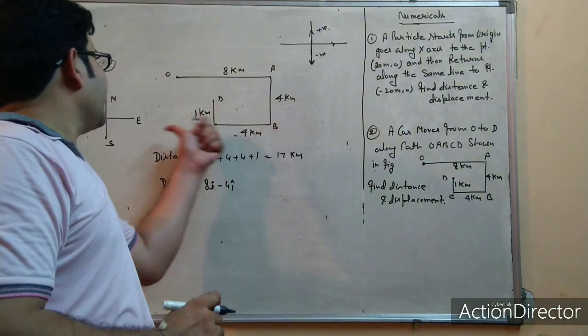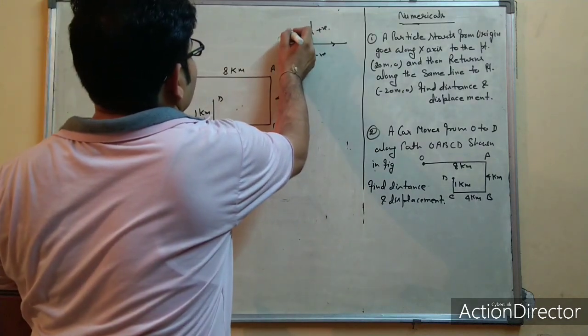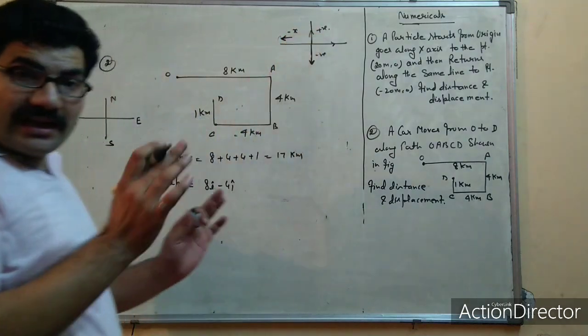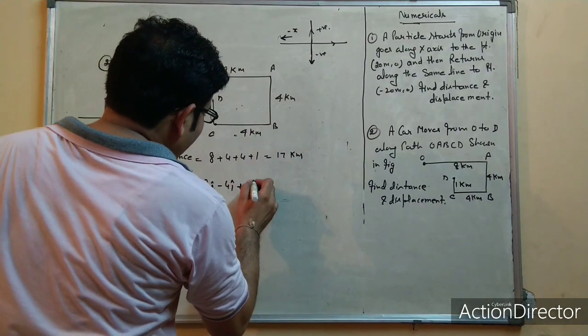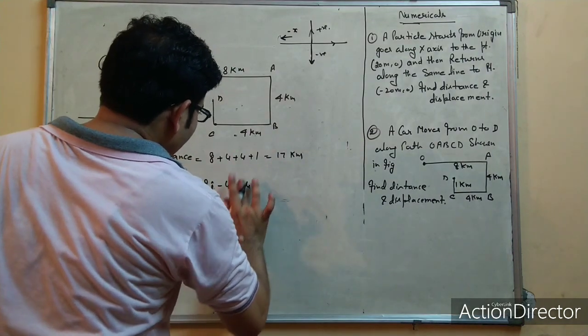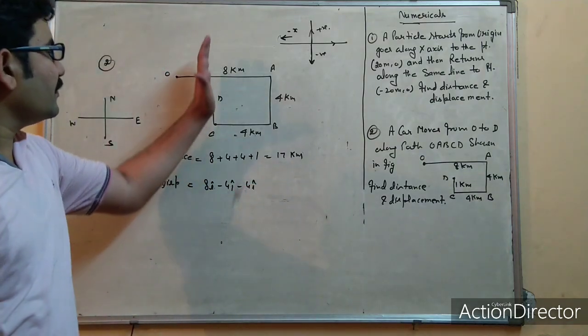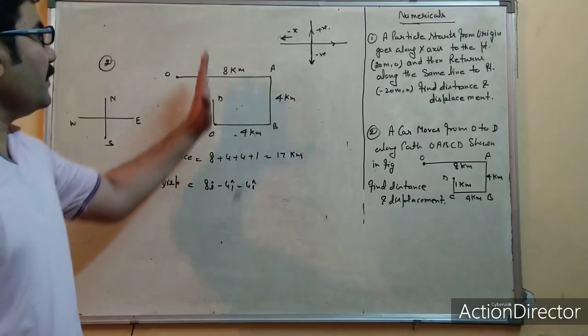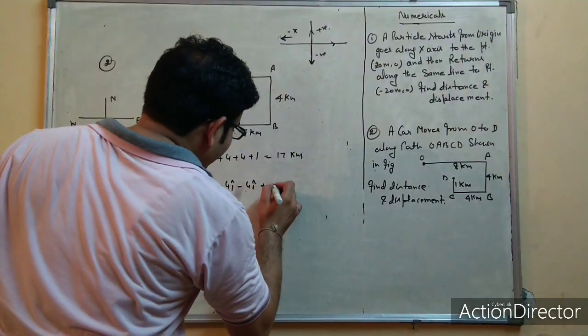Now this is the x-axis in the opposite direction. So in that direction, what do you take? Minus i, since x-axis means i cap. You have to take this one as 4 i cap, but you have to put a minus here. Now this is your y-axis. In the upward direction, it will be taken positive, so it will be j cap, positive.